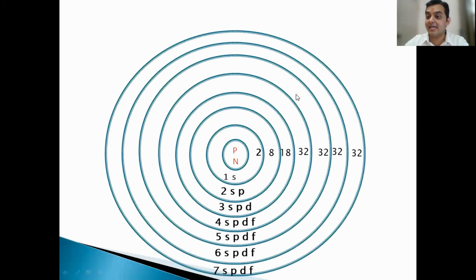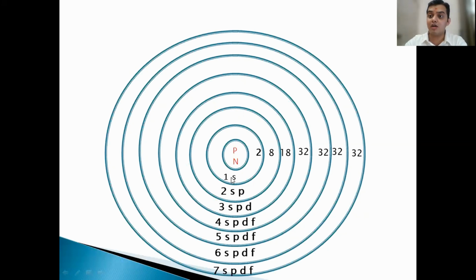Let's go. As I said, in an atom, the subshells are inside the shells. So how do I imagine this? They are like first, second, third, fourth, fifth, sixth, seventh. So there is a seven-floor building, like seven shells. In the first shell, you have only the s house. In the second shell, you have the s and p house. In the third shell, you have the s, p, d house. And from the fourth shell onwards till the seventh, you have the s, p, d, f house.